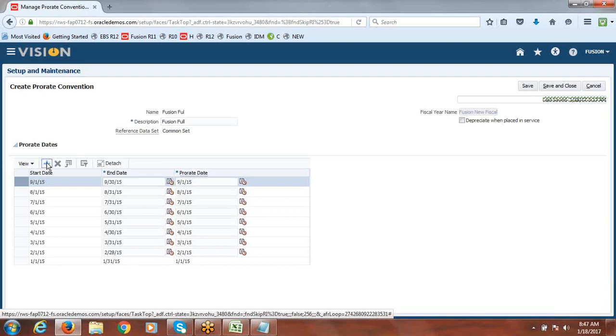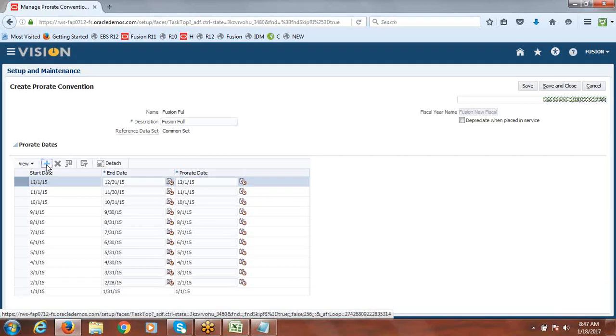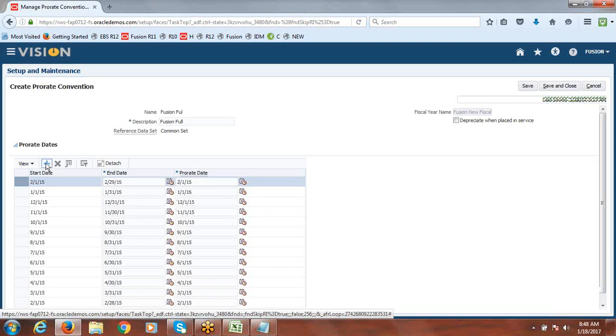See, in a fresh environment, you will have only two reference data sets by default. As per your requirement, you can create more. If you want to maintain a separate reference data set, you can do that, so that all asset related setups you may track in that. The significant means what exactly? My question was, are there any values related to fixed assets in the common reference data set definition?